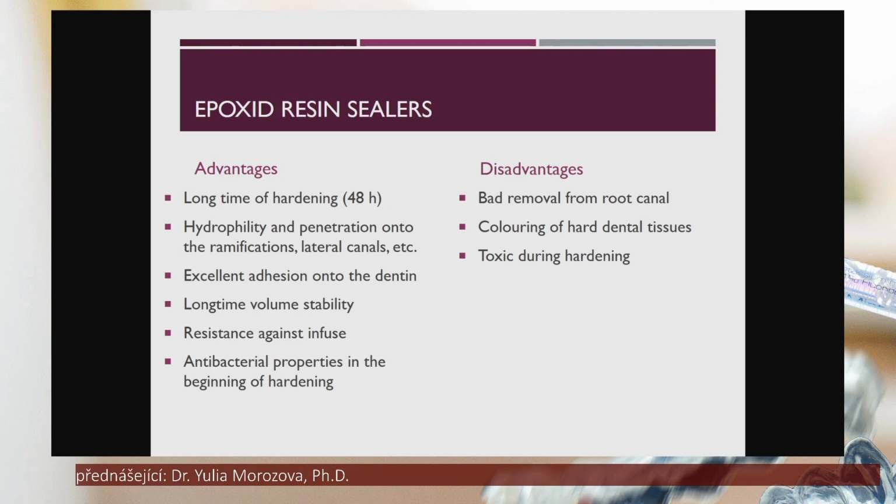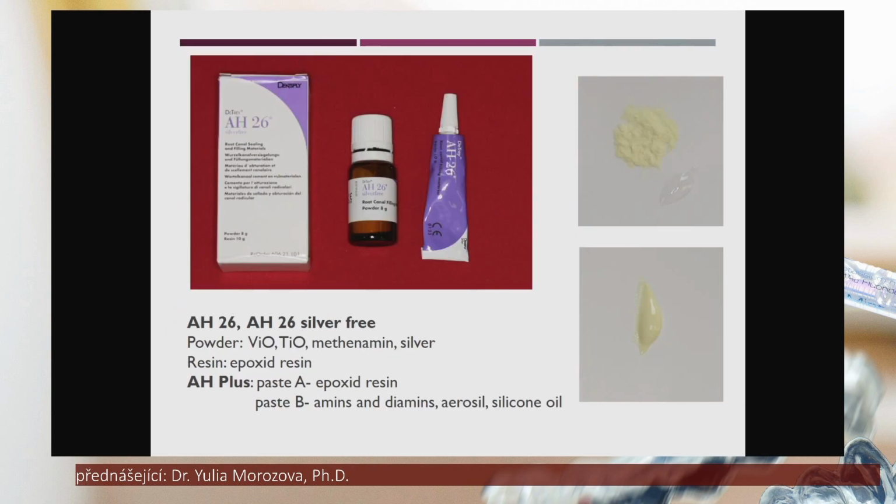After we finish the root canal obturation, we should remove all of the remnants of the sealer from the pulp chamber, and we should be sure that there is no sealer in the pulp chamber. If we leave a really small remnant, in some time we can see that the tooth will be stained to a brown or black color. So this is a really unpleasant disadvantage of this material. And also during the hardening they are toxic. Here we can see some representatives like